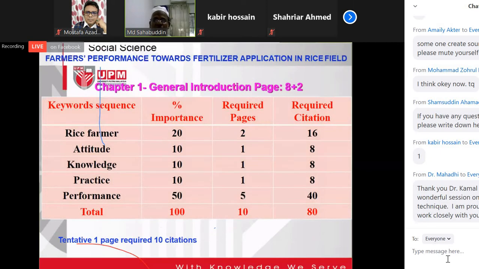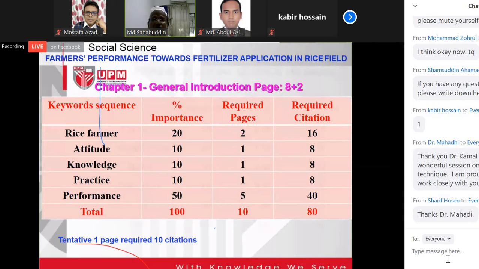For the social science, same. You respond, how many pages are you targeting for your thesis introduction? Maybe 8 pages, because 8 pages for the background and 2 pages for the problem statement. So 8 pages means 1 page 10 citations, so 80 citations under the respondent. Then under the respondent, I have to develop the sub-headline, give the number of citations, and then calculate how many citations in total under each sub-headline. So this is the idea for the social science.